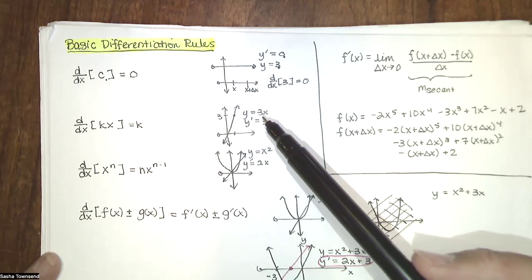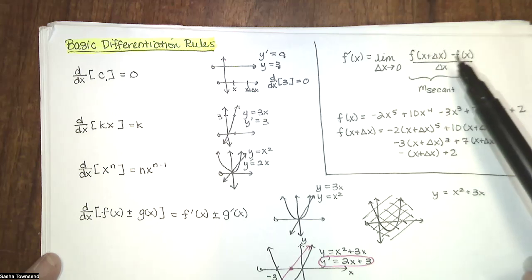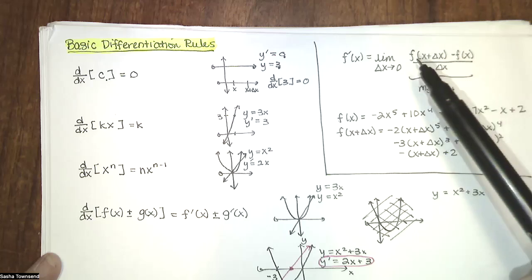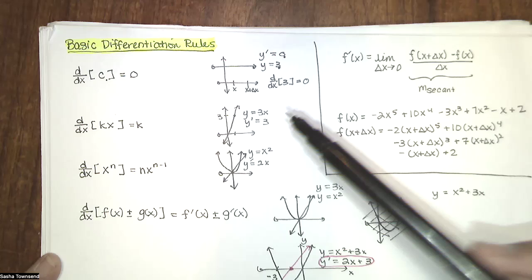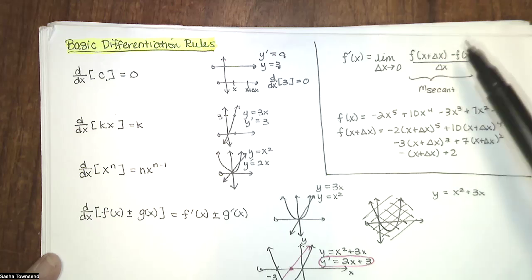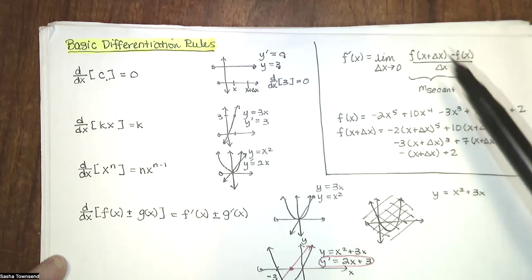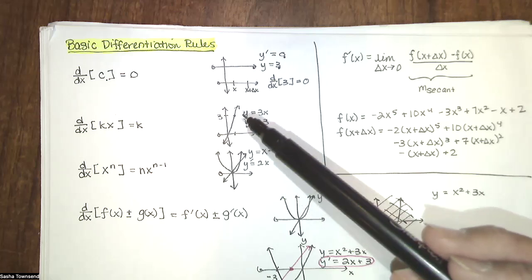And then here, if I replace x with x plus delta x, I have 3 times the quantity x plus delta x minus 3x. I would just simplify, distribute the 3 to the x and the delta x, reduce like terms, and then you'd end up with 3 delta x divided by delta x, which would give you a slope or a limiting value of 3,